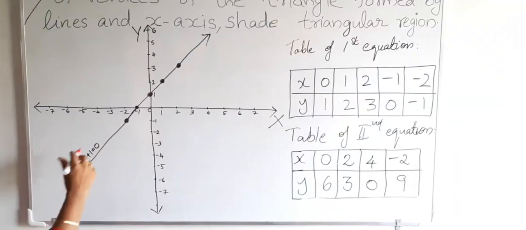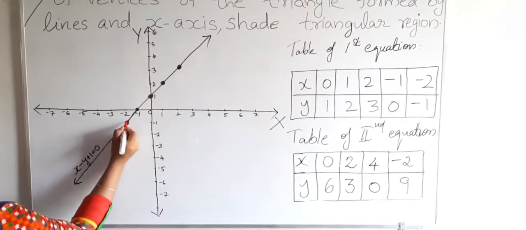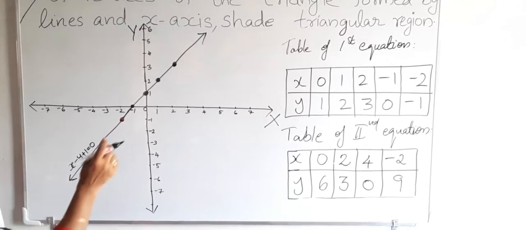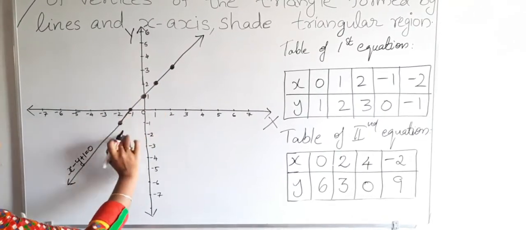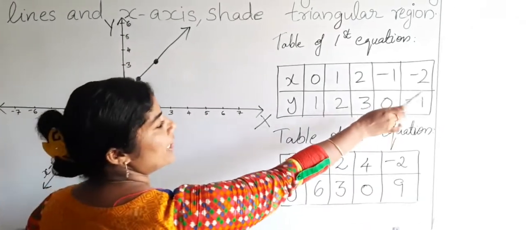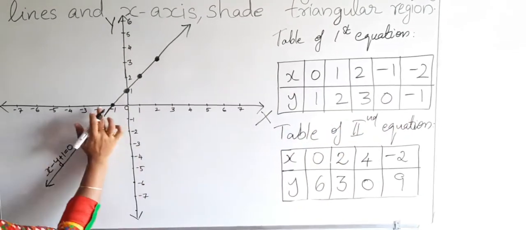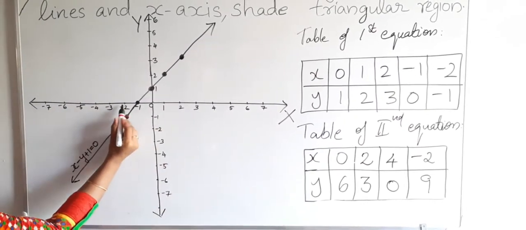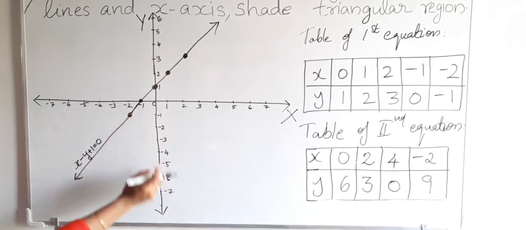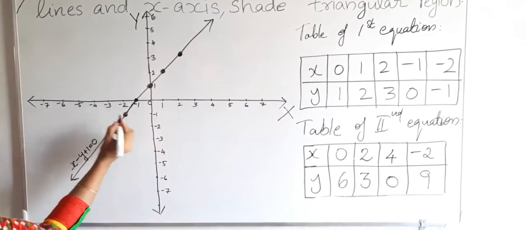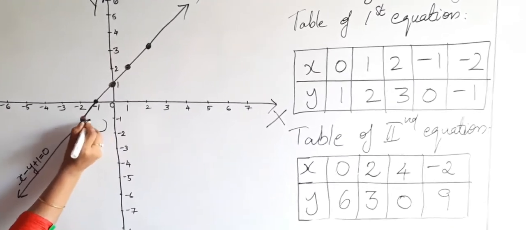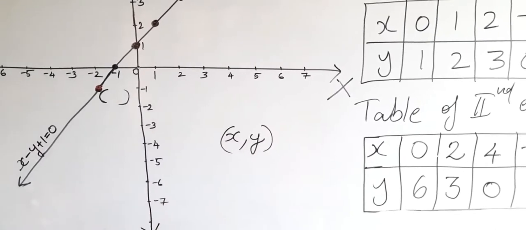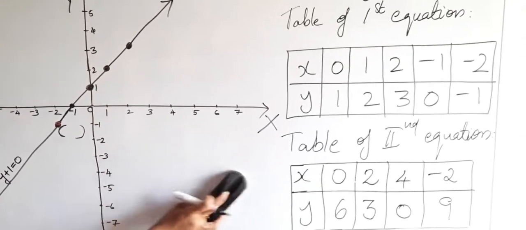Based on that, next we are writing coordinates. For each point we are going to write the coordinates. The first one we can draw right from the bottom. This one. When x equal to minus 2, y equal to minus 1. Just see here, minus 2 on the x-axis, the horizontal axis. On the y-axis, the vertical axis, it is minus 1. When we are writing the coordinate, first we write x, then y. Ordered pair (x, y). First we will write x, next we will write y.